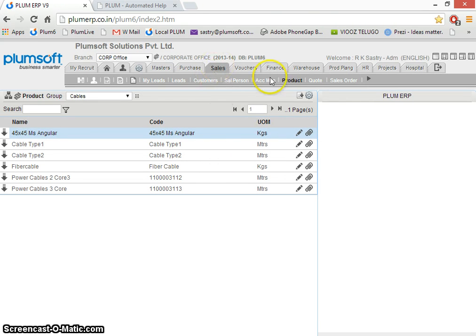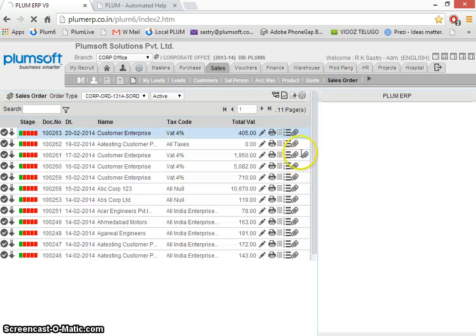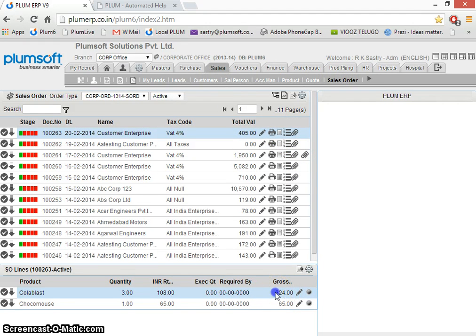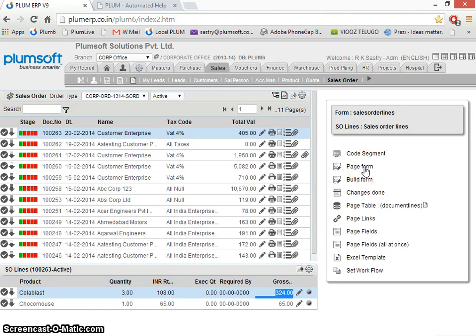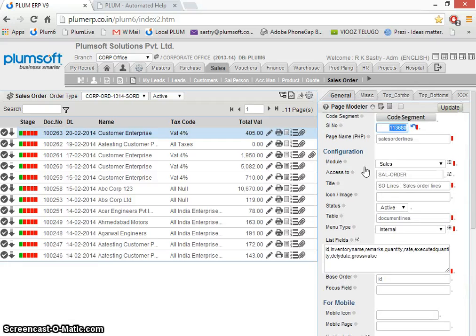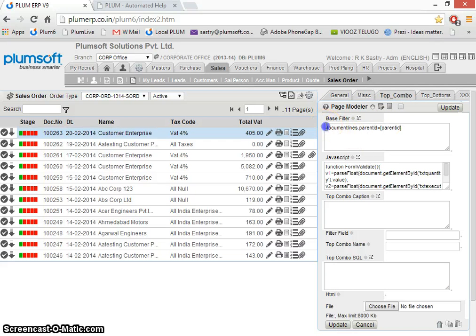And you can also have in the sales order things like there is a head and the lines appearing at the bottom. Both these are forms, but we join them through a different mechanism, which is also a part of the framework. Just to give you a rough idea, in this page form we also defined the linkages between the two, that is the top combo. All that we say is document lines dot parent id is equal to parent id. So that's it. These are the lines which are below, and these are the head and the top.